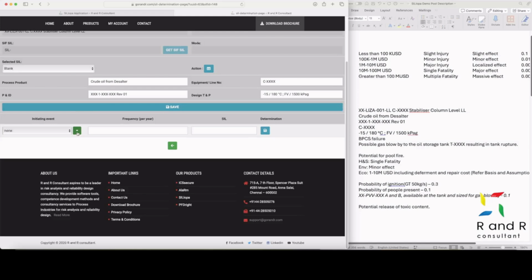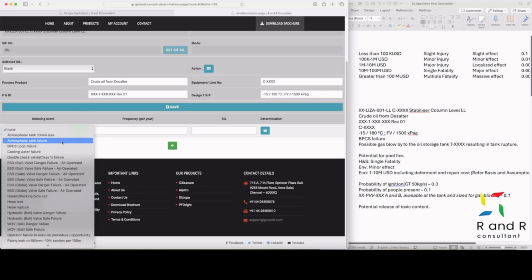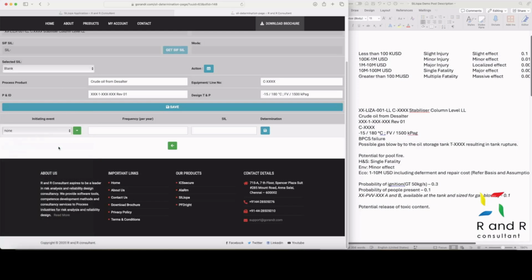Use the toggle switch to select the initiating event from drop-down or key in your initiating event and save. Since the initiating event we have chosen for this function is BPCS failure, let's select the same and save.